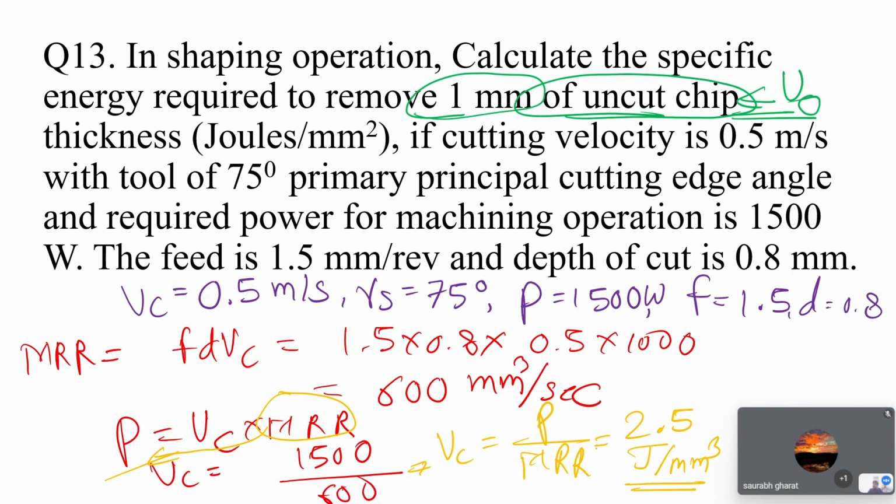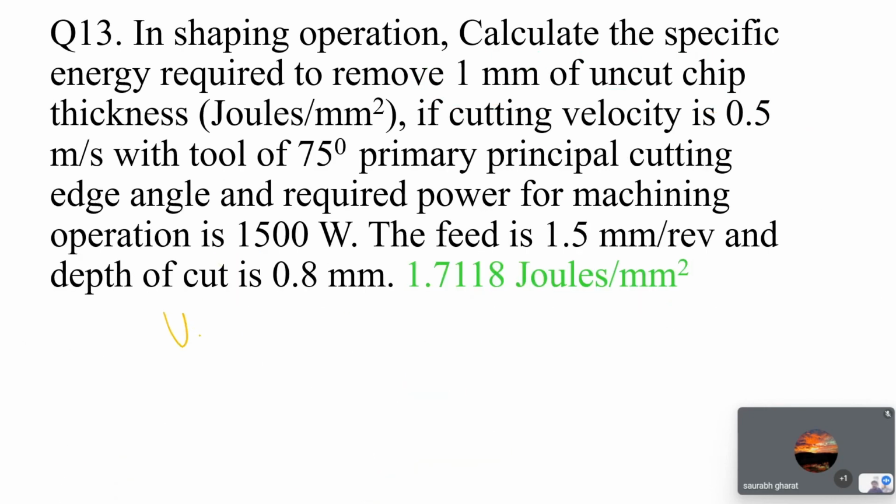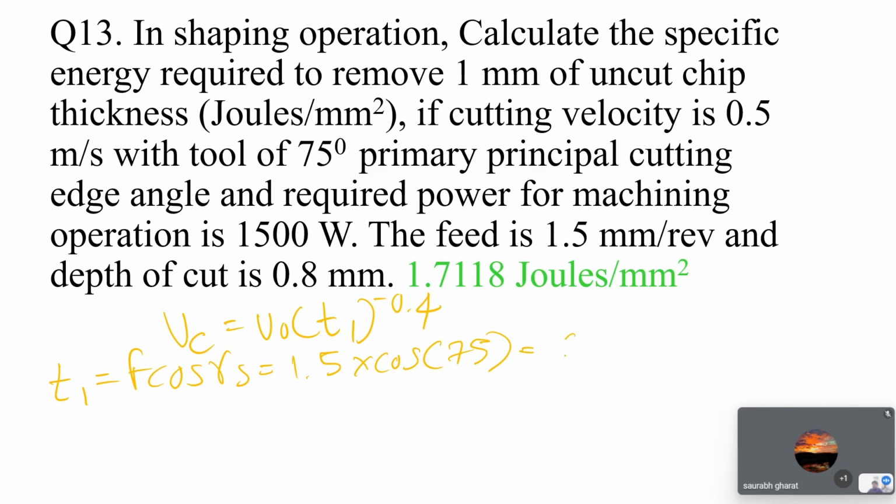Now you got UC. What you need to find out? Because you need to find out U0, not UC. They are asking for U0. You calculate UC now. Now to go to U0, you know what the formula for U0 is. Okay, it's again simple. So you know UC is equal to U0 into T raised to minus 0.4. So you want to find T now. So you know, again simple, F cos of gamma s, which is 75 degree. So 1.5 into cos of 75, which is again equal to, as you calculated,